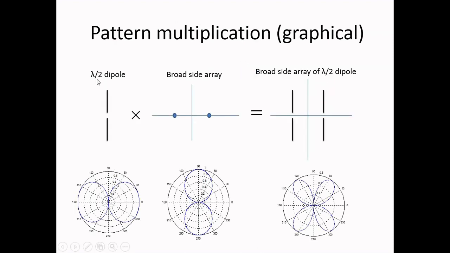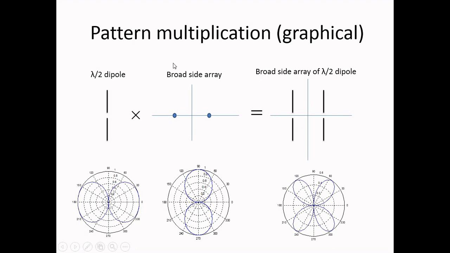We know the radiation pattern of a half wave dipole. I have drawn this and made this practically in my first video, where I used 4NEC2 to simulate the radiation pattern of a half wave dipole. It radiates in a donut shape, and a donut shape in a vertical plane will look like a figure of 8. And in the previous slides we have seen a broadside array radiates with the pattern of 8. So if you want to make a broadside array of two half wave dipoles,